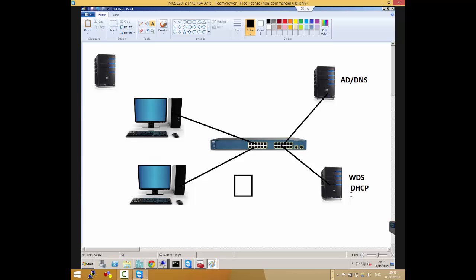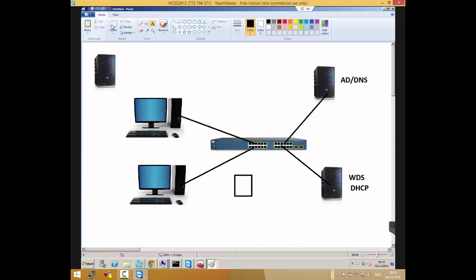Okay. And you have to manually configure option 60, option 67, option 66. So you have to manually configure those options by yourself. And here's the reason: because WDS is listening on UDP. And not only that, you have to manually go into WDS and say, don't listen on the ports that DHCP is listening to. I don't want you to listen on those ports because the DHCP server is already listening on those ports.